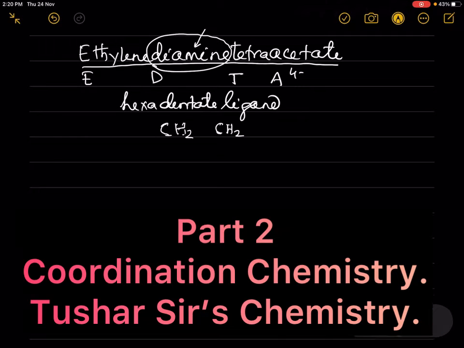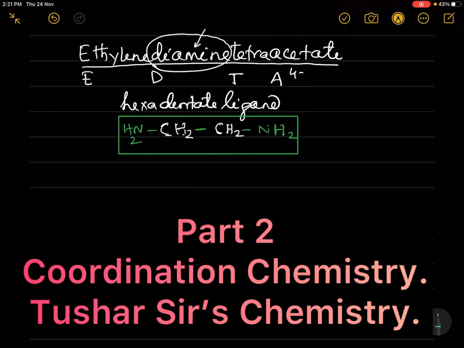The double bond over here becomes a single bond. And you will find two NH2 groups on two sides. Now I have written ethylene